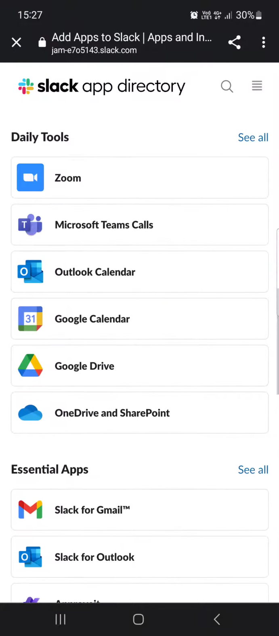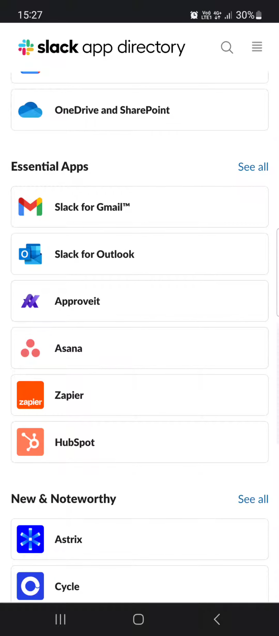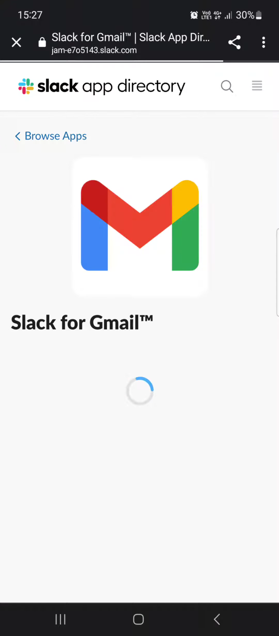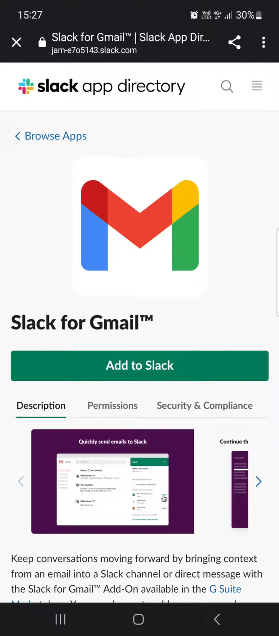Here we scroll down, and under the essential apps section, we just tap on Slack for Gmail, and the app is going to load. But after it is done, we can just tap on the Add to Slack button, and thereby the Gmail app is going to be added to our